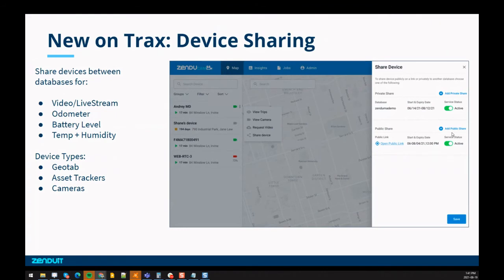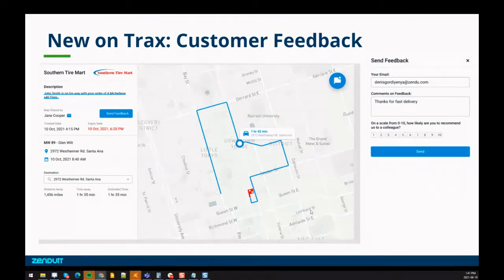So let's suppose a customer calls you and says, hey, when will your guy be here at this location? I have this delivery I need. You might not want to get those calls like 5 times, right? So the question is, you can then click on this vehicle, click on Share Device, add public share, and then you'll be able to put the address of the customer in and hit share. And what the customer gets then is an interface that looks like this,